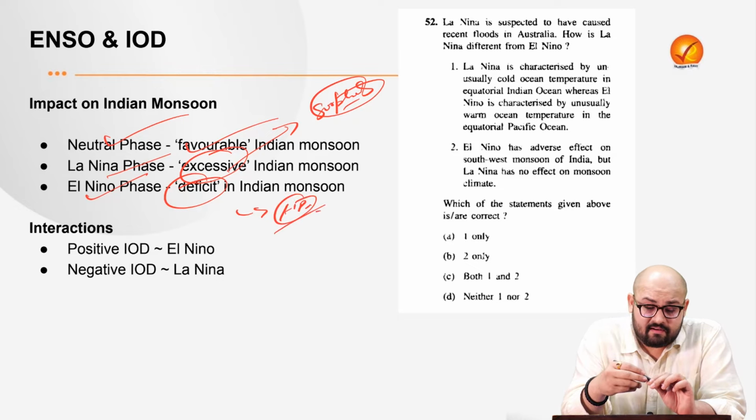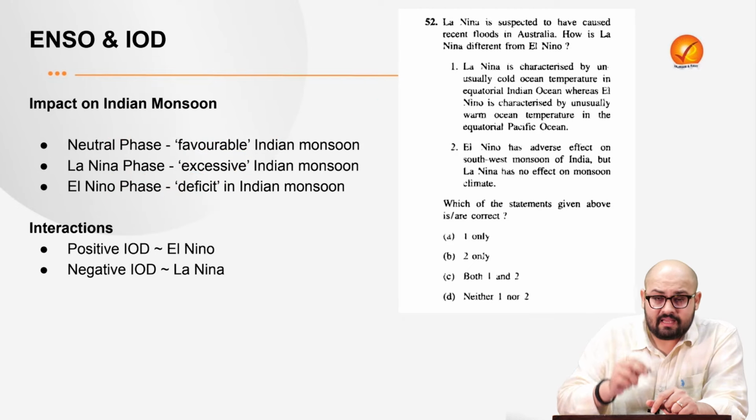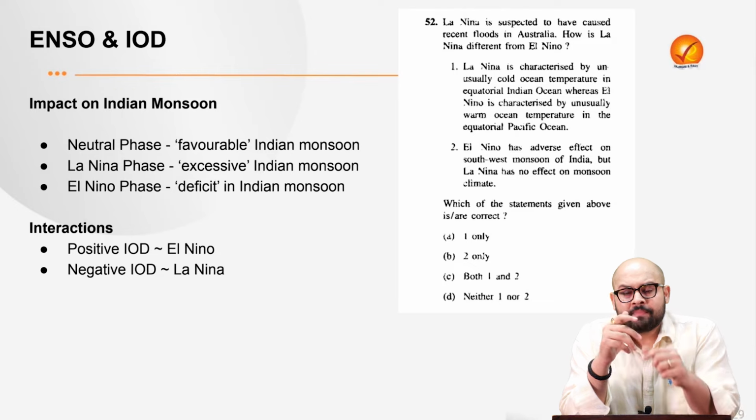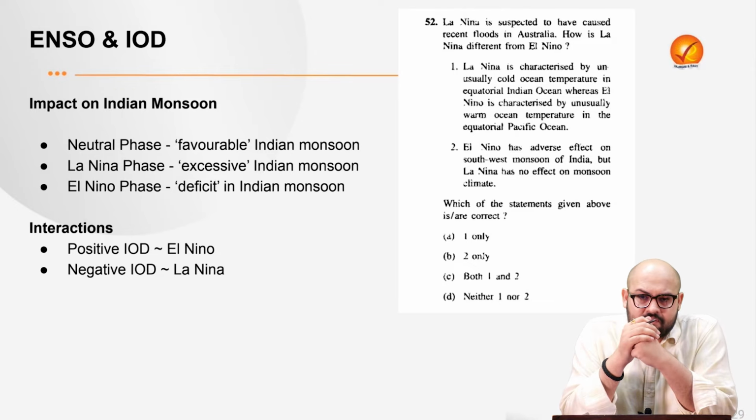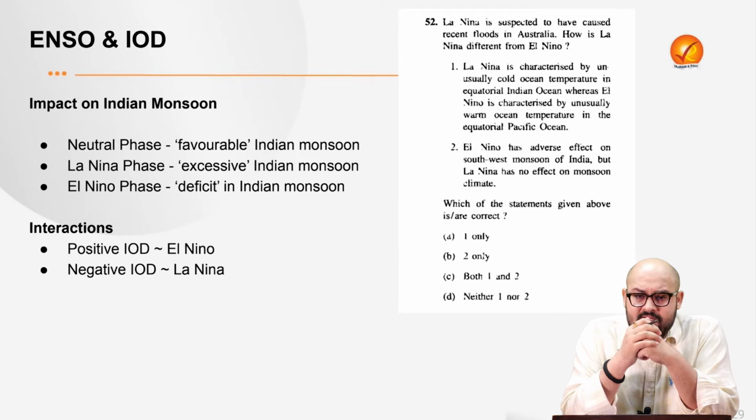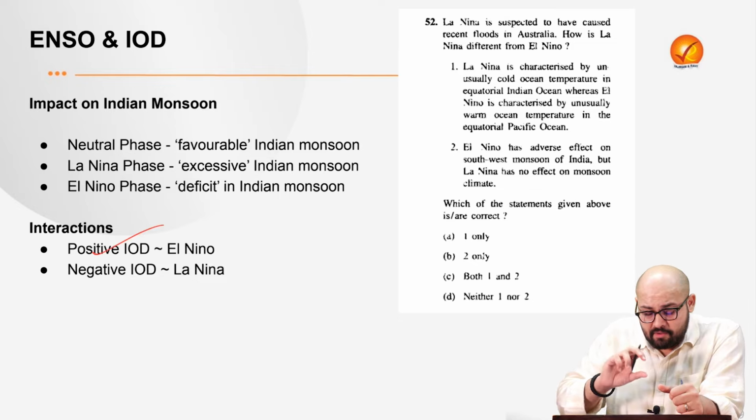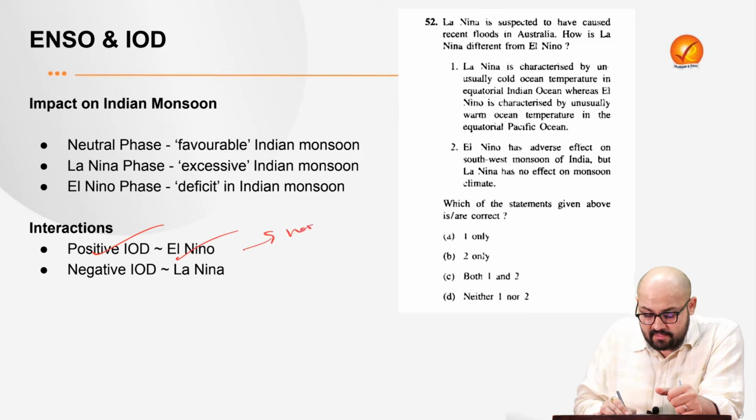Now, talking about these interactions, see, what can happen is that we studied two processes, the Indian Ocean Dipole and the ENSO. Now, they can actually interact with each other, right? So, it was in the year 1998 that it was predicted that India is going to have a very severe El Nino phase, right? But the positive IOD was also there. So the positive IOD actually counteracted the negative effects of El Nino, and we had a normal monsoon back then,